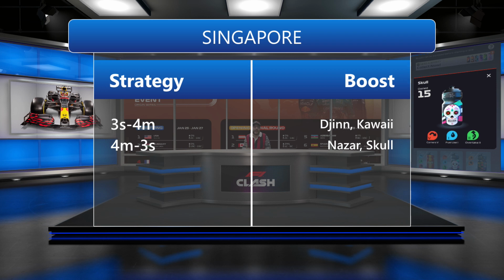Singapore needs a lot of boosting in corners. That's why Skull is great. It gives us 5 in corners, and we want to overtake, and there are some spots in Singapore where we can overtake, and these 2 points in overtaking that Skull gives us can make the difference. So I think Skull is probably the best